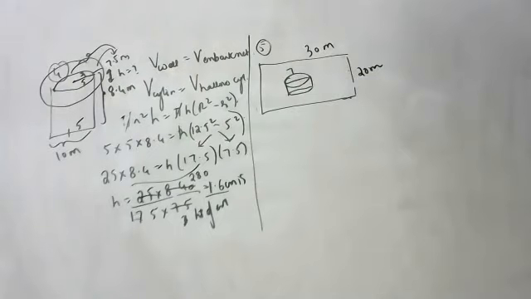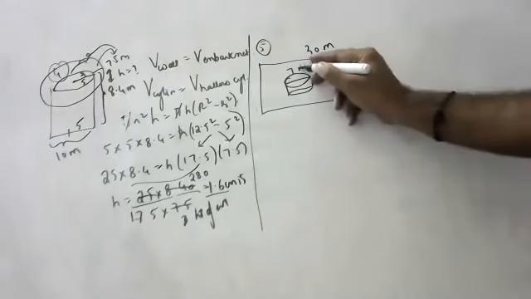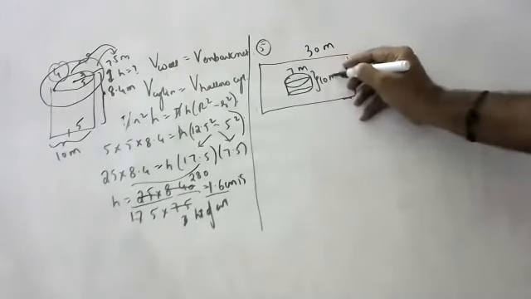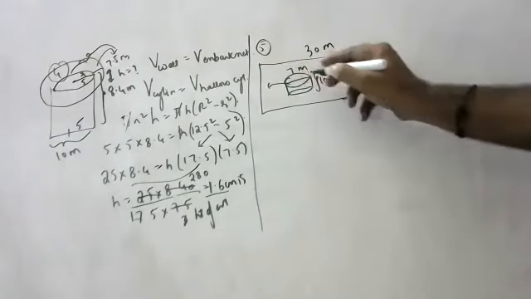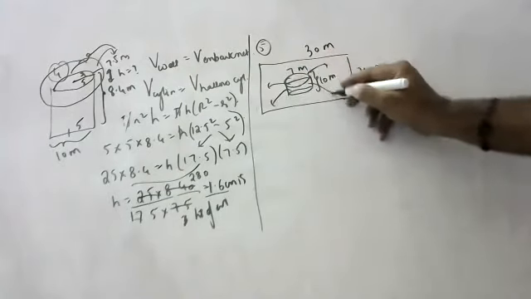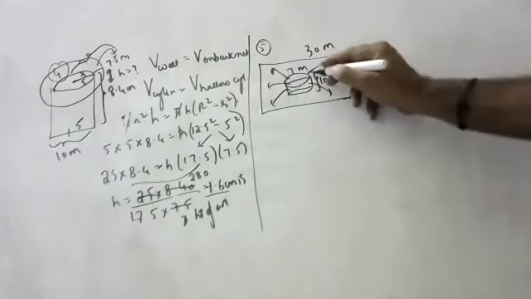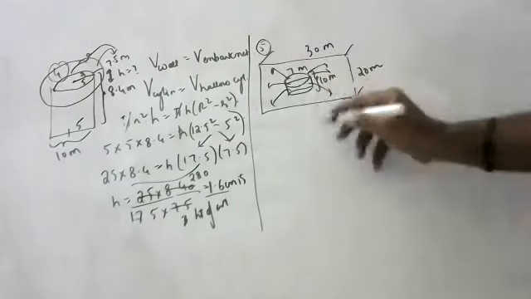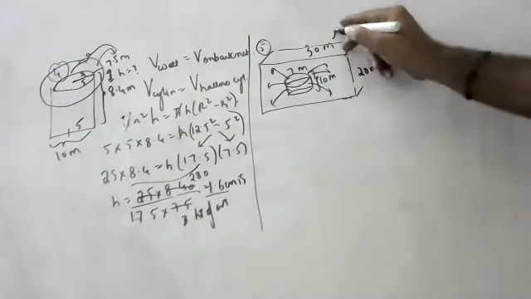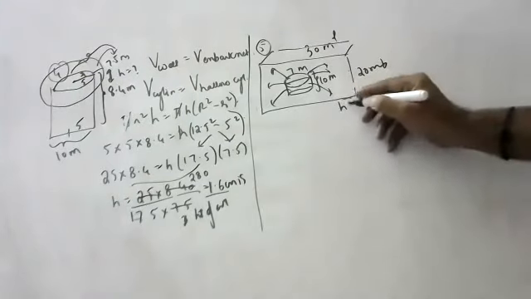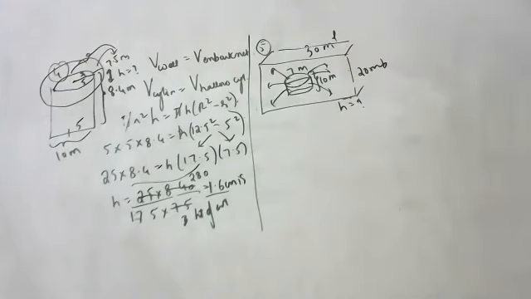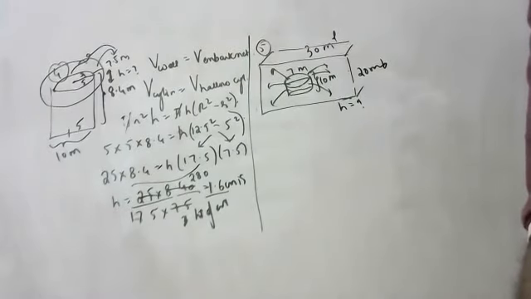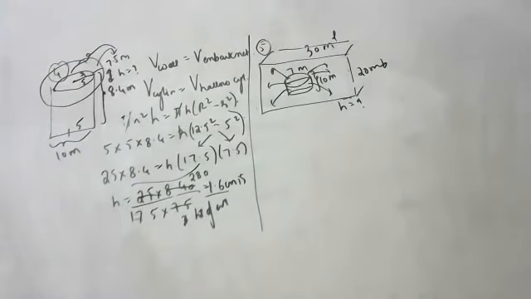Up to 10 meter depth it is dug, and whatever sand is coming from it is kept in this part, and because all the sand is kept in this part, some part of it will be raised. What is the thickness? Length they have given, breadth they have given, height they are asking. Do you understand the question? Yashasvi? Yes, sir. What did you understand? Sir, I didn't understand that much, but I understood a little bit.